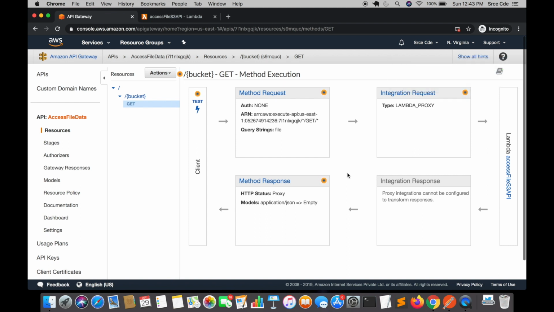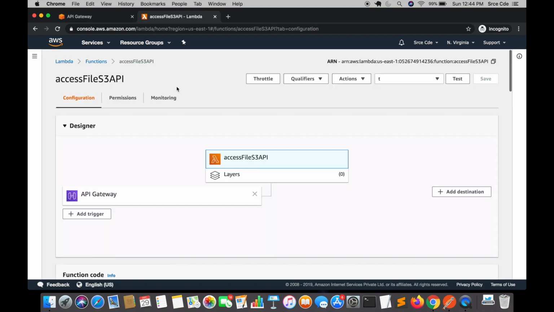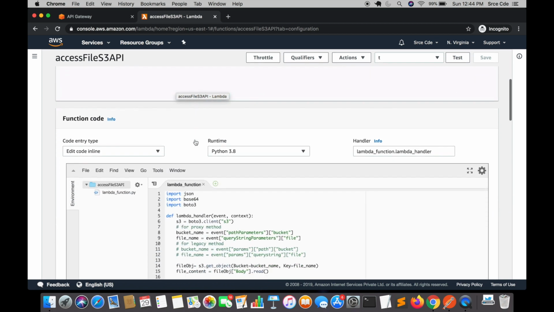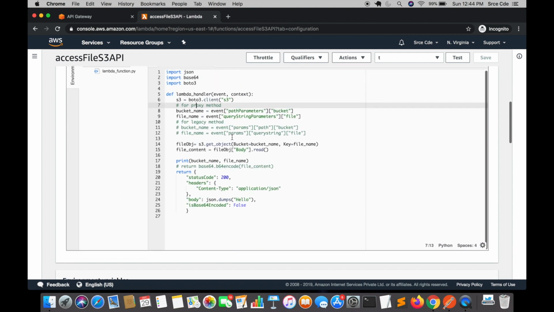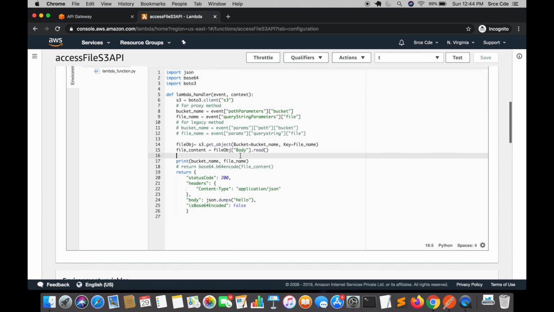So let's get started. We are not going to make any changes in Amazon API Gateway, so we will directly jump to the Lambda function that is bound with this endpoint. This is basically the continuation of the previous tutorial, so everything is the same where we left off. Here we are going to add basically one line. First of all, we will comment out line numbers 14 and 15